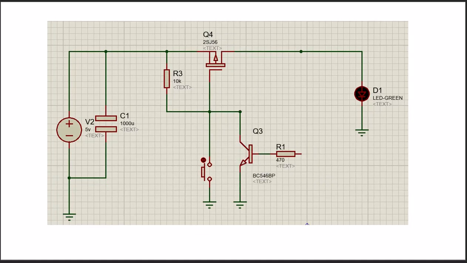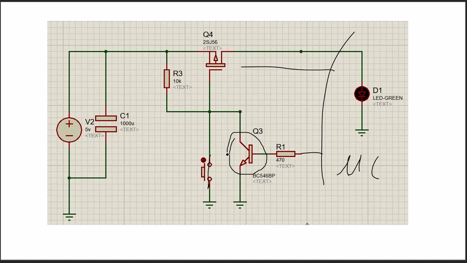When there is a push of this button, we get the power supply to the circuit, and there is one microcontroller or any other circuitry which will make this transistor on. So even though we release this button, we can still get the ground at this point using this transistor, either by the microcontroller or any other circuitry. In this way we can have the push-to-on